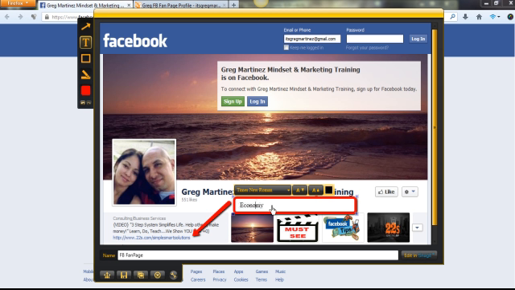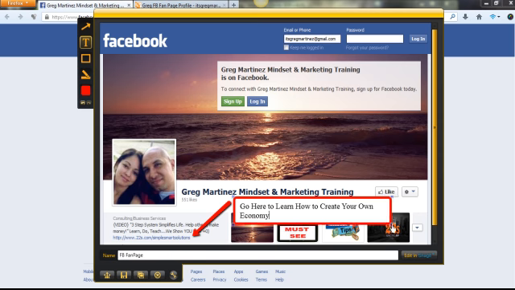Where'd the rest of my words go? There they go. Okay, so I have to make this a little bit bigger so it can make more room. Okay, there we go. Then I'm going to make the font just a little bit bigger. I can do that, and I can bring this back down, just like that, and then I'll put a little exclamation point. And then you can go and change the color of the words itself